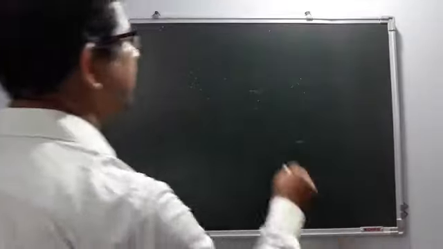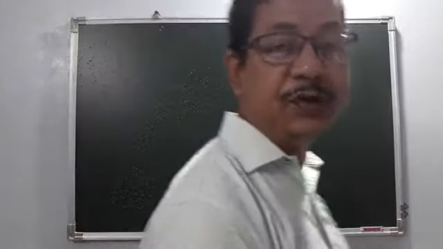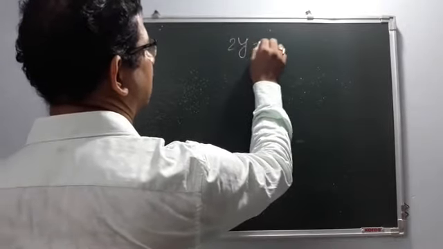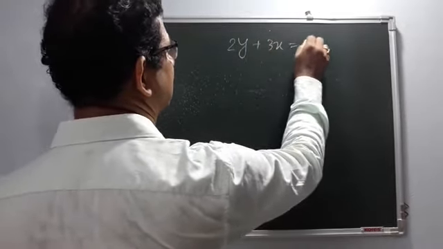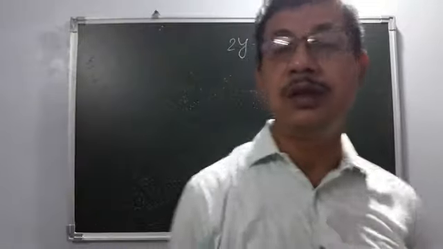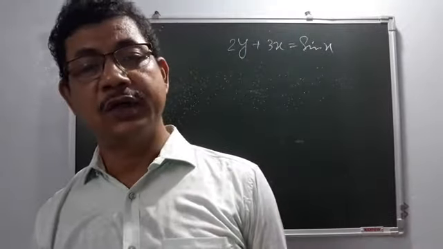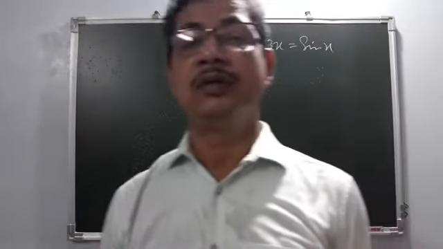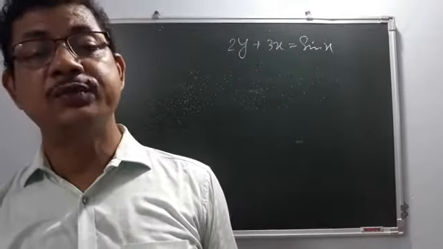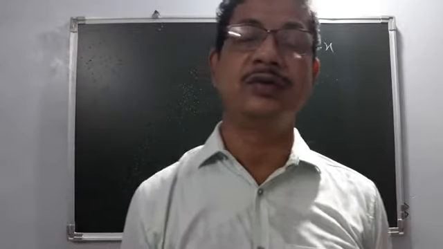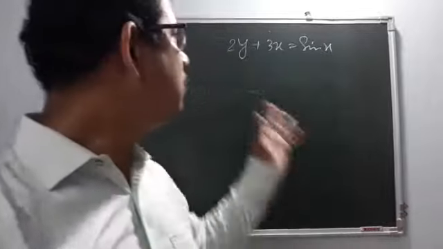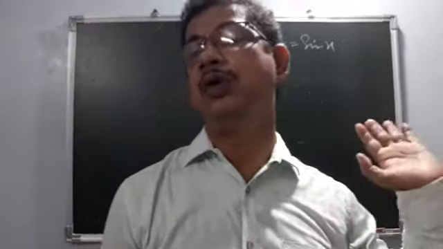Then parametric form, then we have learned also explicit and implicit functions. Suppose 2y plus 3x is equal to sin x. If an equation of this type is given, here y can be expressed in terms of x, or x can be expressed in terms of y, or we may not be able to express it. In both cases, explicit or implicit, what to do if it is given? It is the simple way only: to differentiate